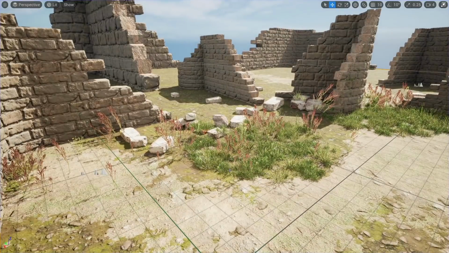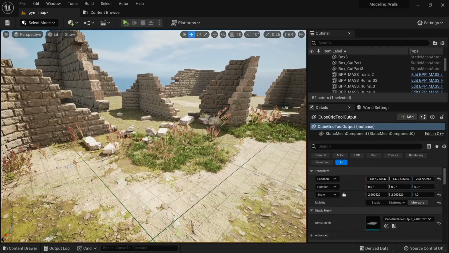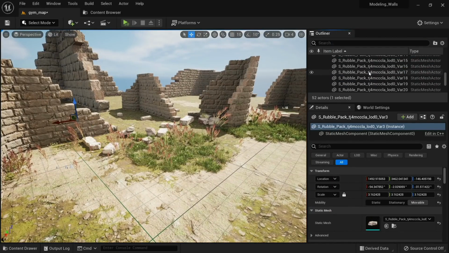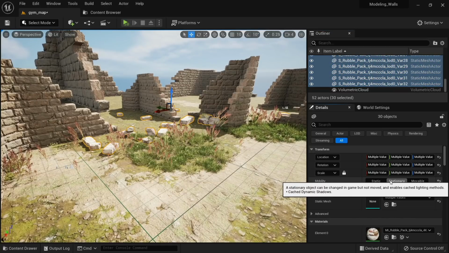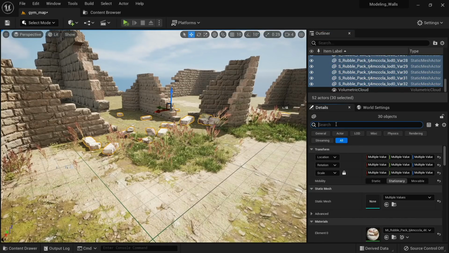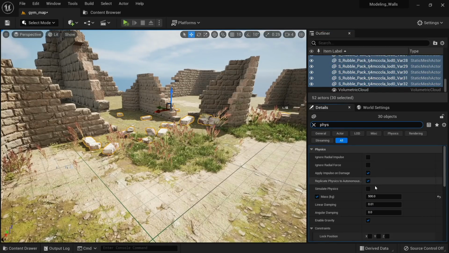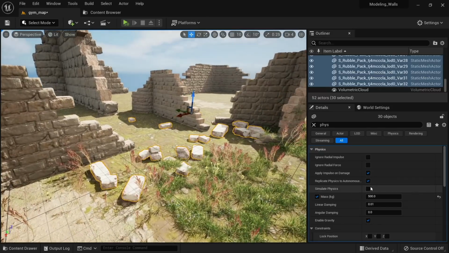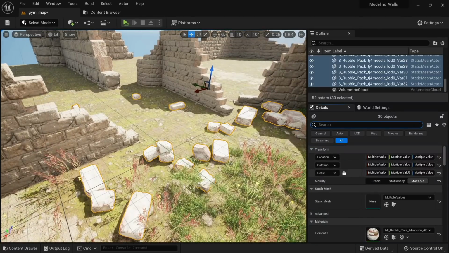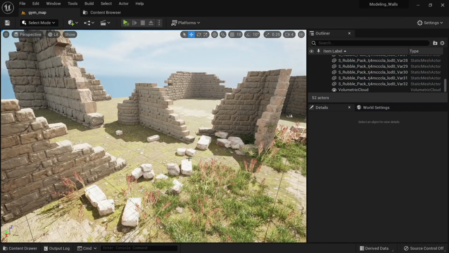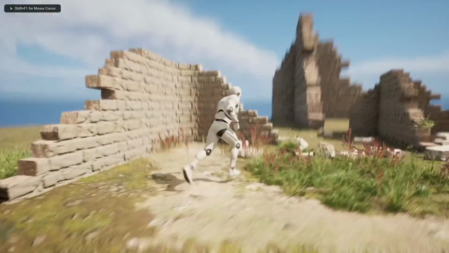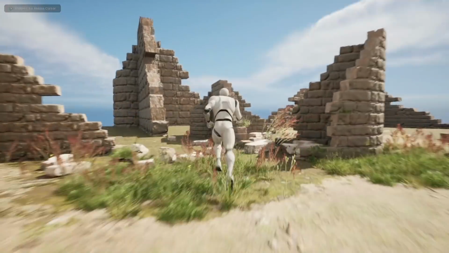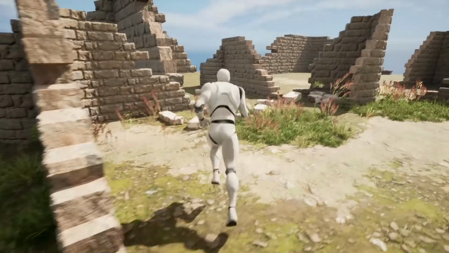So what I will do is to finish this by just clicking on those bricks, all of them, and then change this to a stationary. That's it. And the other thing is we go to physics, and simulate physics should be off by default, okay? And looks like it did by default when we press K. That's it. So this little trick will enable you to simulate some physics here to add more richness to your